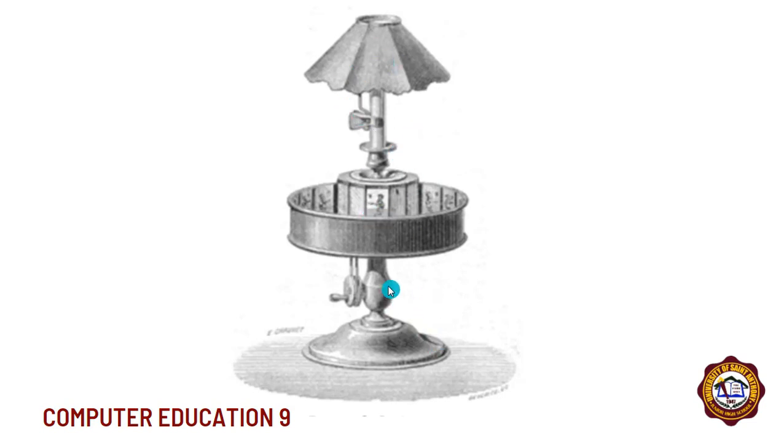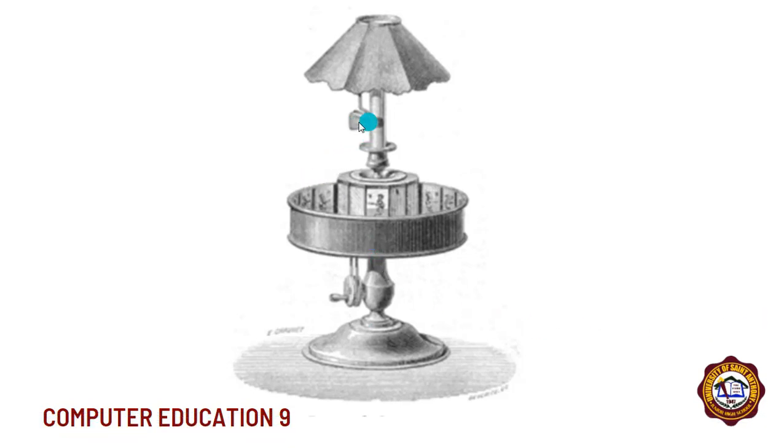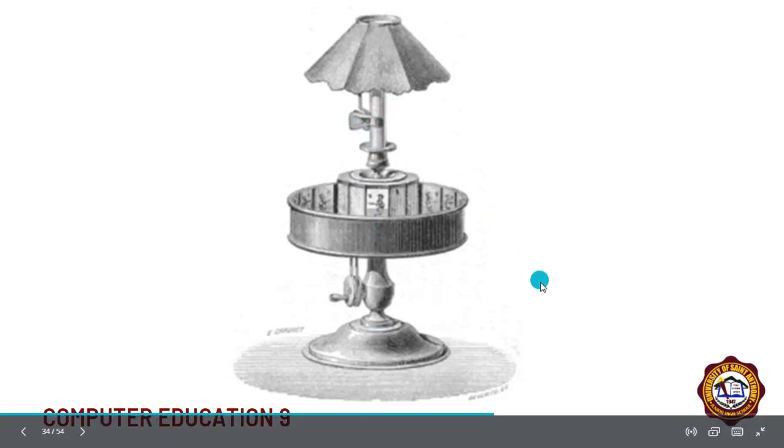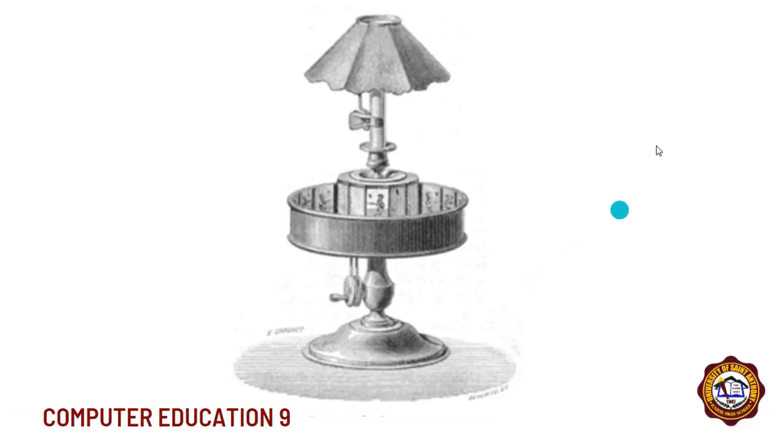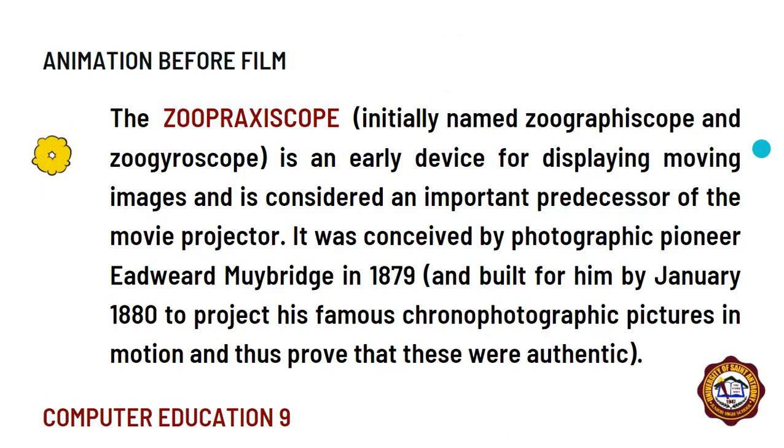Ganito yung itsura niya. So, yung image nasa gilid, mapapansin nyo, meron siyang pinapaikot ng kamay. Tapos, pag pinaikot mo yan, magro-rotate ngayon itong praxinoscope. Tapos, mapapansin nyo, meron siyang parang speaker. Parang dyan lumalabas yung sound. So, ito meron na siyang parang tunog. Okay? So, that's praxinoscope. Next naman, we have